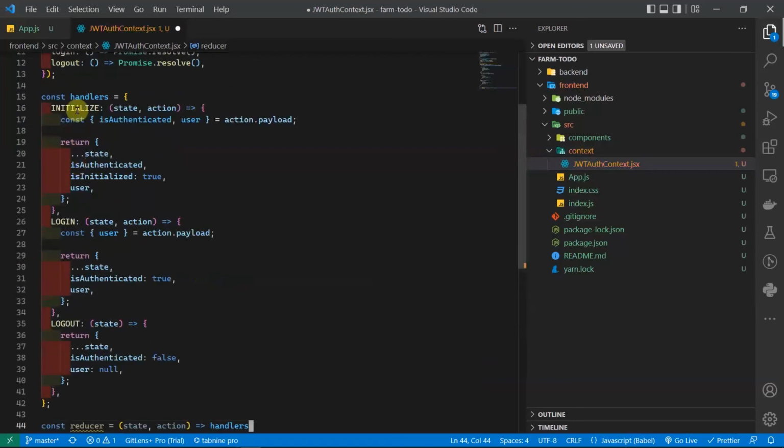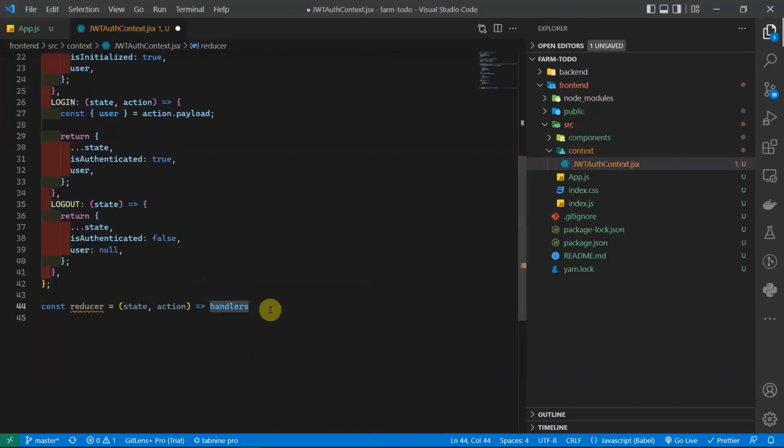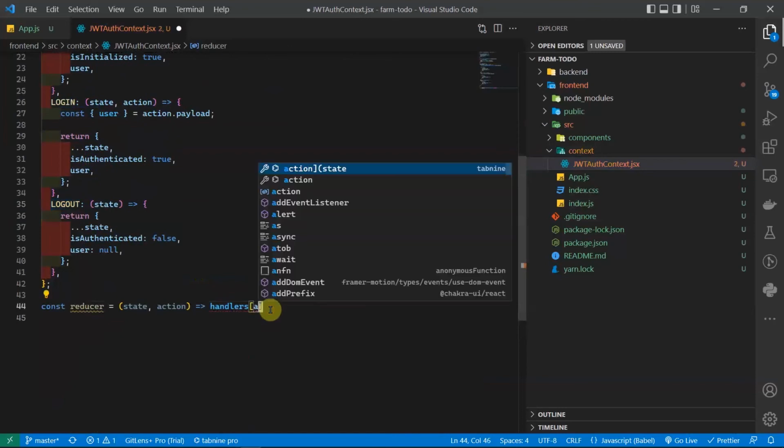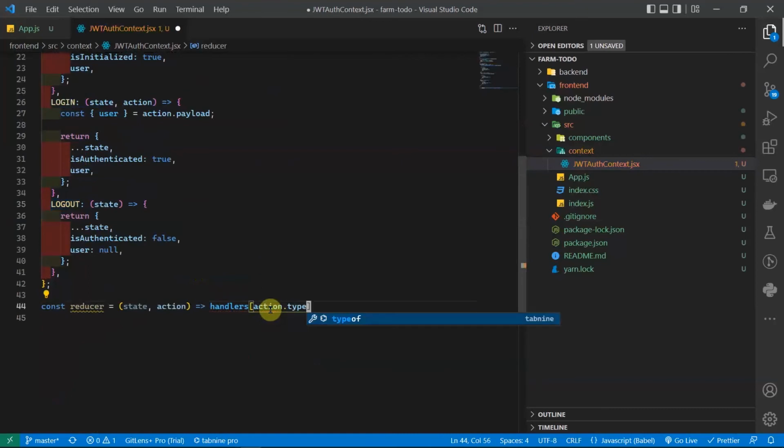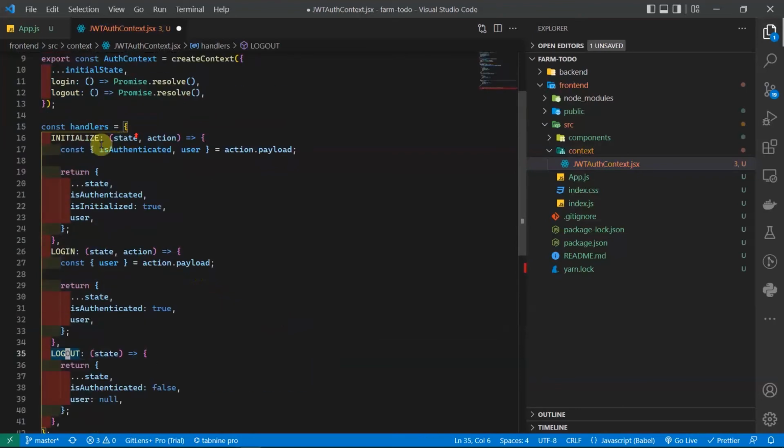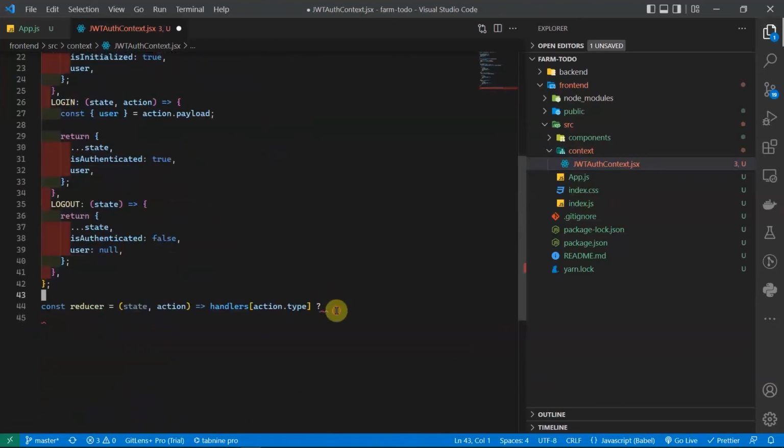So the key will either be initialize, login, or logout, and that will be inside the action.type actually. So if the action.type is either logout, login, or initialize, we will just go ahead and